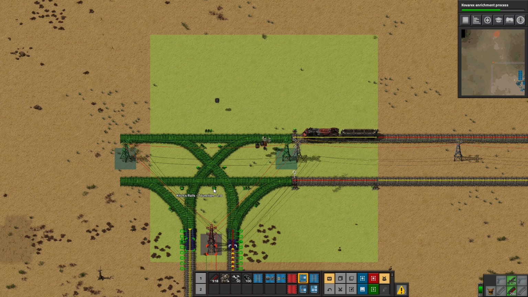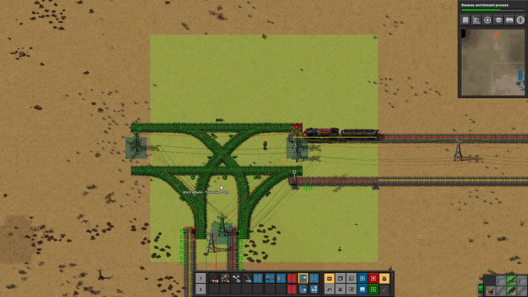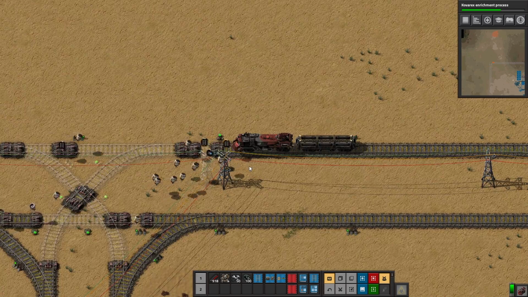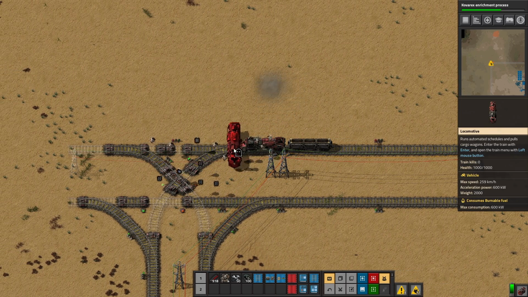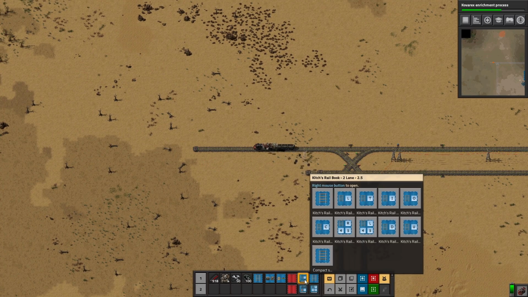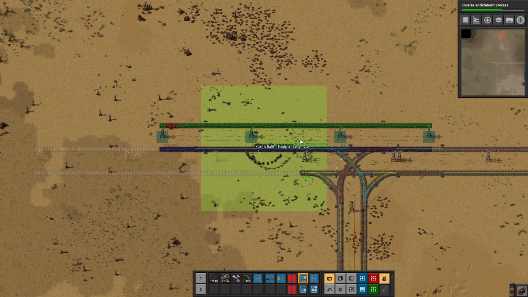Why don't these line up? Because those don't line up. Interesting. Well. Huh. Off by one. What can you do? All right, we'll carry this on. We need to pull out this guy. We want the long piece. There we go. And another one of these